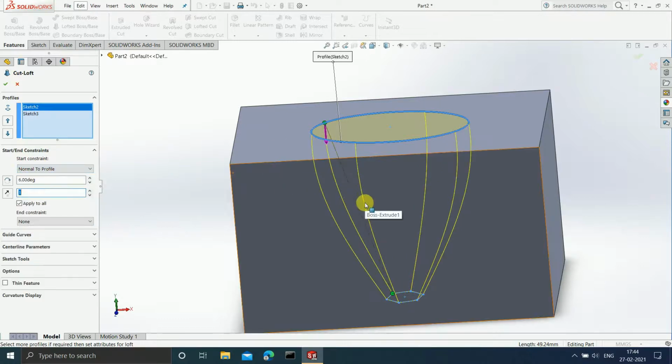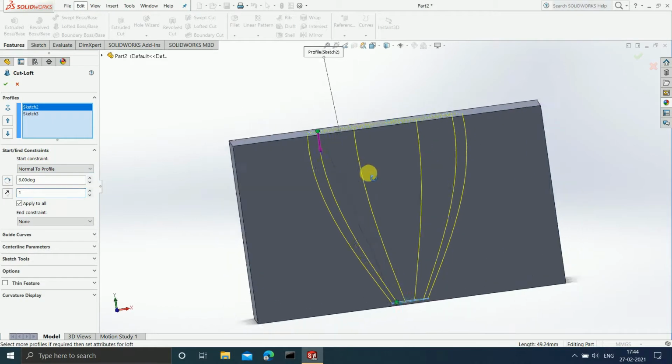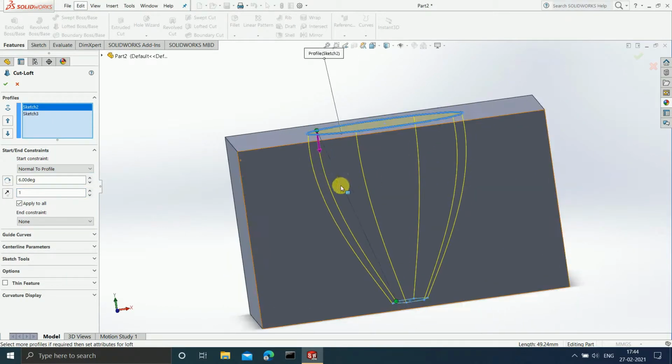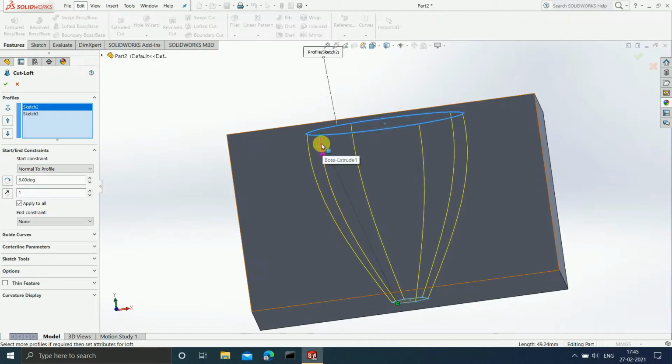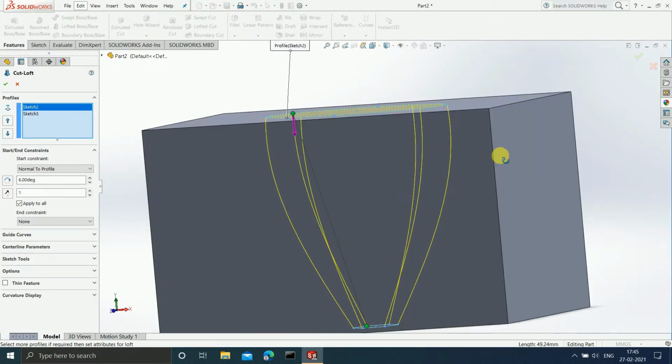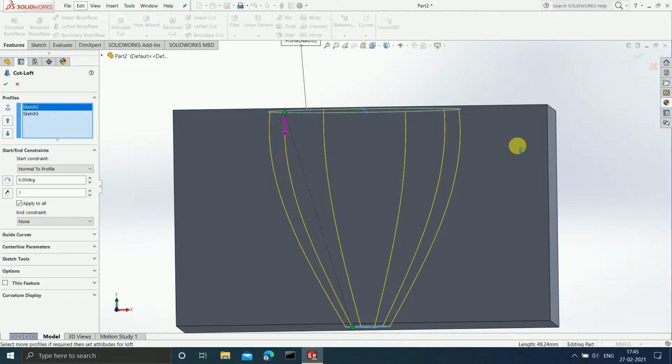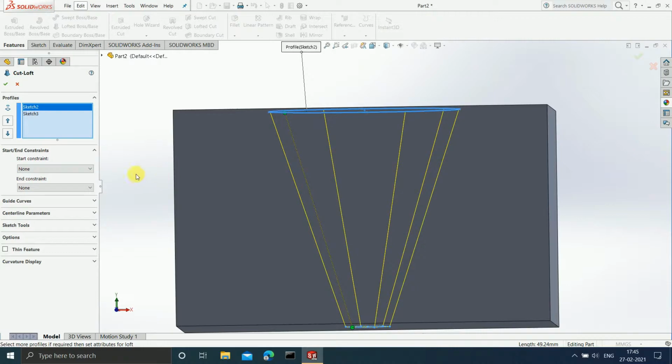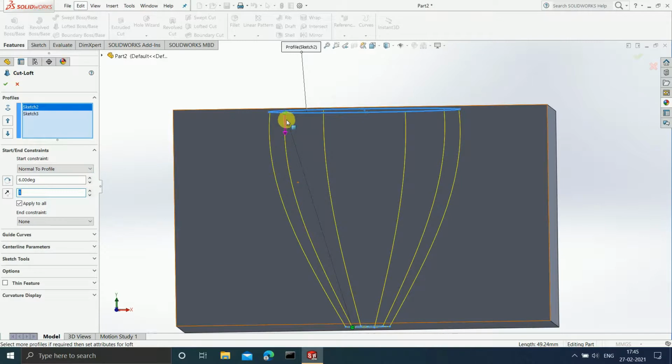See, as soon as I choose normal to profile, this particular cut that we are getting in the shape, which is a 3D cut, is normal to the sketch. Can you see? A 90-degree sign is shown over here. In the starting, it is normal. You can observe over here. Wait, for that, first of all, I will make it none. See, this was the earlier condition, and as soon as I make it normal to profile, then can you see, now in the starting it is normal to the profile. Okay, it is becoming perpendicular to the profile.